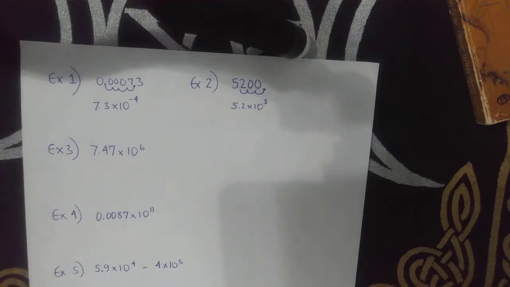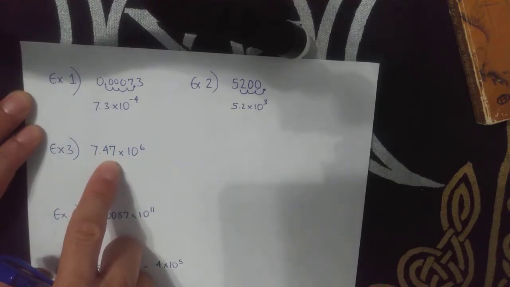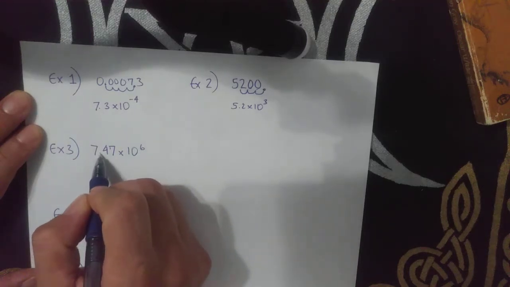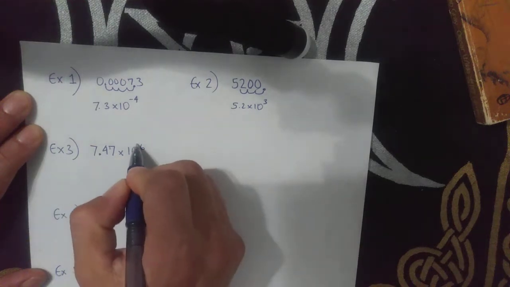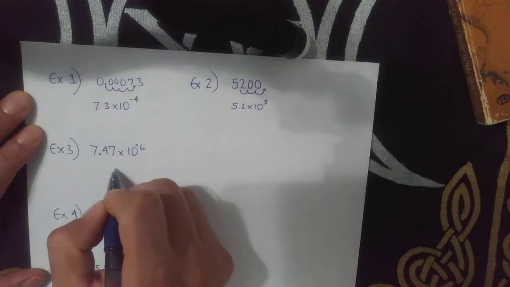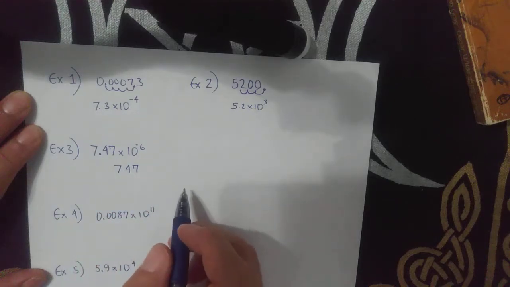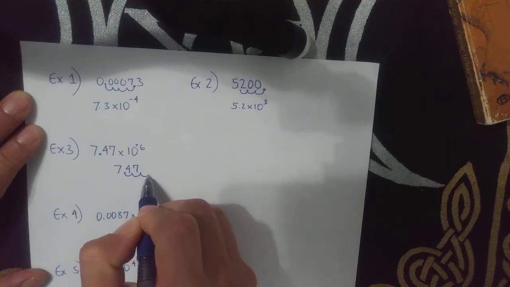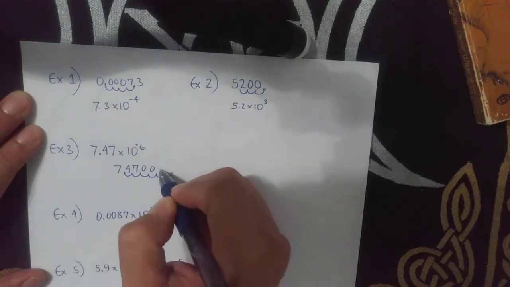So then going backwards, if they start off with scientific notation and they want us to write this in standard, so I'm going to move the decimal 6 places to the right because it's positive, right? This is positive, so I know it should be a large number. So I'm going to take this 747 and I'm going to move it 6 places. Starts here, 1, 2, 3, 4, 5, 6. So I'm just going to fill in the zeros